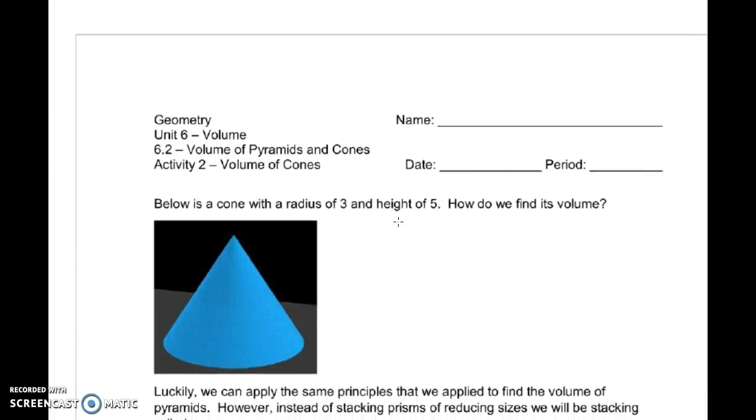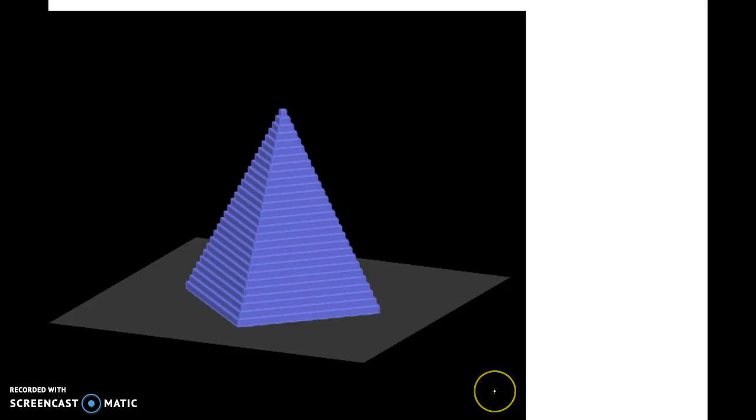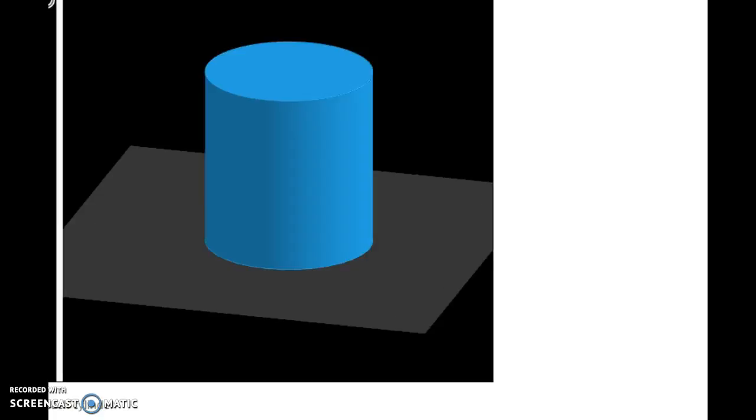It turns out it works the same for cones as well. I'm going to show you this sketch with a cylinder so you believe me. Essentially, we have one cylinder here that we're going to use to approximate a cone. We start with one cylinder because, again, it's just like a prism but with a circular base. If we start adding cylinders, again, we're going to cut those in half for the heights and everything. And we end up getting